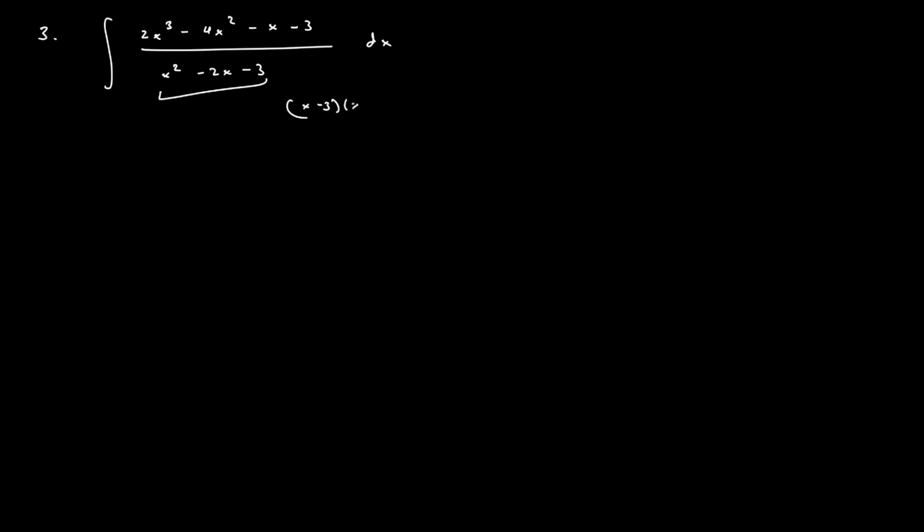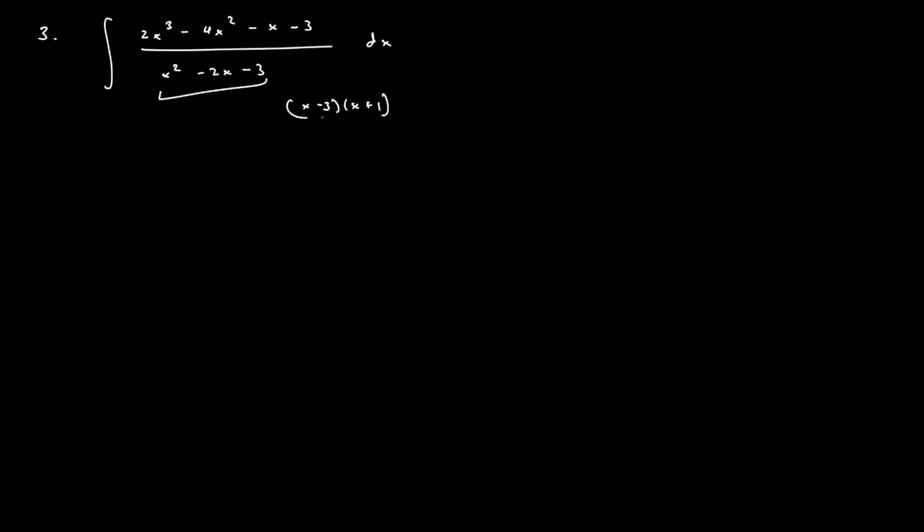So example 3. We want to find the integral of (2x^3 - 4x^2 - x - 3) divided by (x^2 - 2x - 3) dx. Again, it looks like we cannot find the antiderivative of this integrand off the top of our head. So since the denominator is factorizable into (x - 3)(x + 1), we probably will be